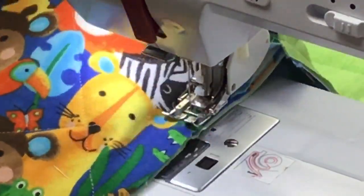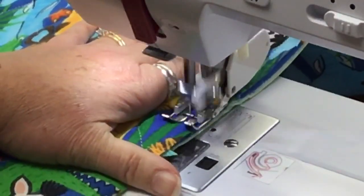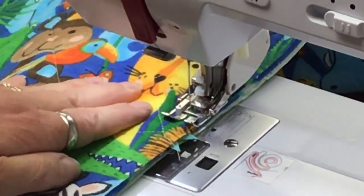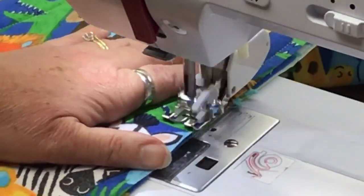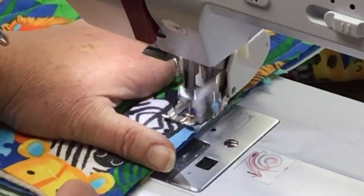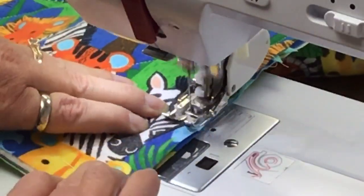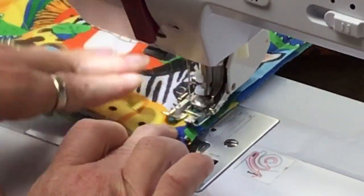All right, we're just going to keep sewing along, and then we'll come back and do the other direction. Okay, so in this case here, I got a little bit off, and one of the things